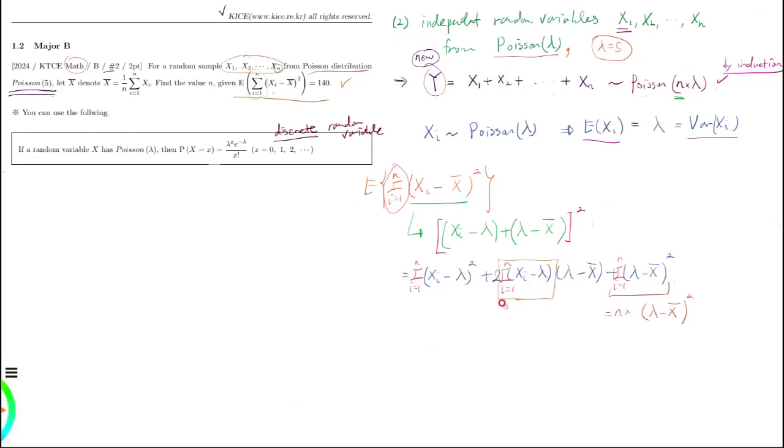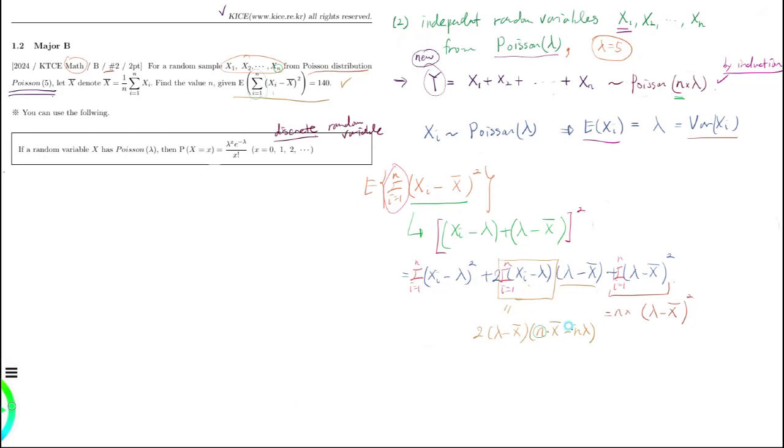Okay, so this is 2 times lambda minus x bar, and each sum is actually n times x bar minus n times lambda, and I can